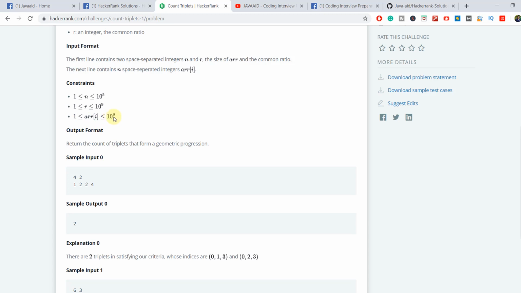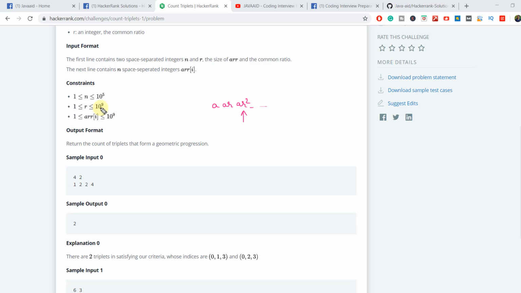In a geometric progression, suppose the first term is A, then the next will be AR, and the next will be AR squared, something like that, right? So this is the R, guys. When you talk about the third term, it will go to R squared, so basically 10 raised to power 18. And then you have to multiply by the array element also, which is A. So the number is going to be very, very huge. You have to make sure you are dealing with this kind of big input. So you can't use the int data type here. You have to use something bigger, maybe long or BigInteger or something like that.